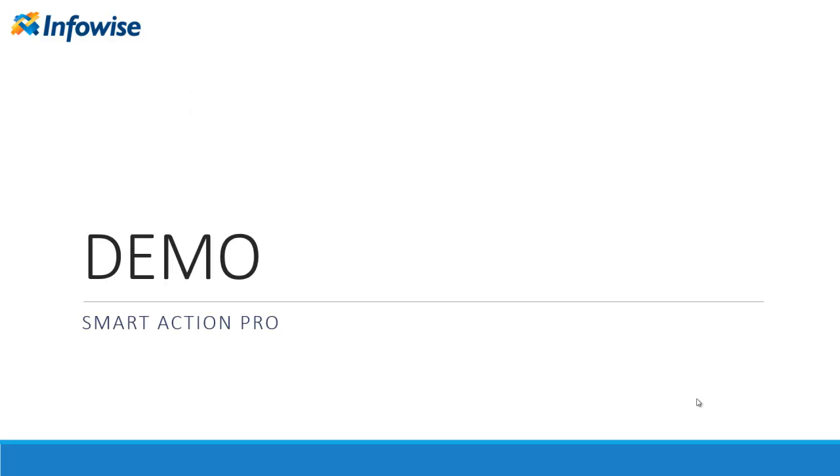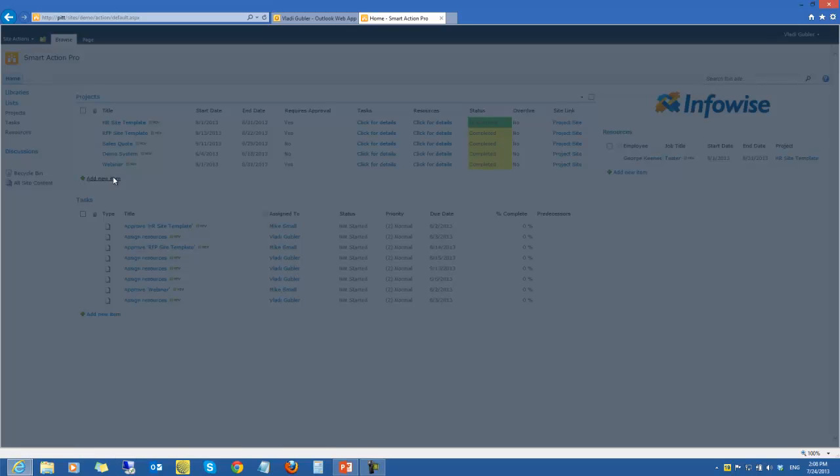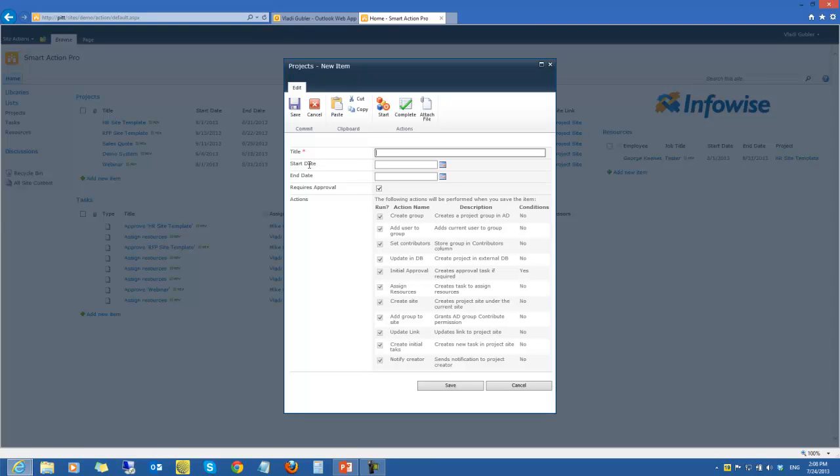Okay, so let's go to our demo now. What we have here is basically a project site. So we are managing our projects from here. We're creating new projects, and that's what we are going to be doing now. So we'll be creating a list item for the project, and we're simply providing it with its title and providing it with its start and end date. Now what's going to happen once we click on save is that these actions over here are going to start